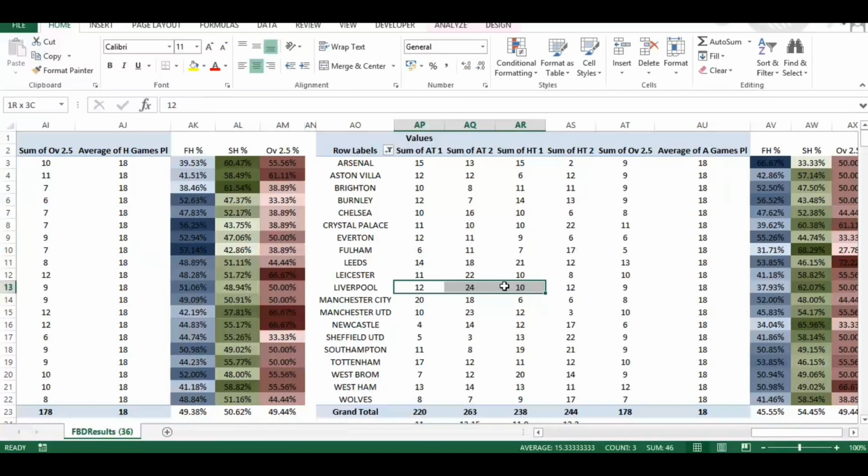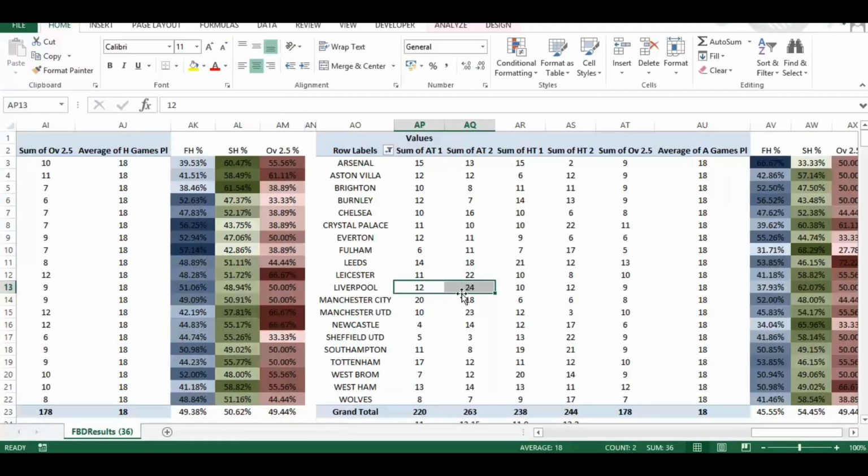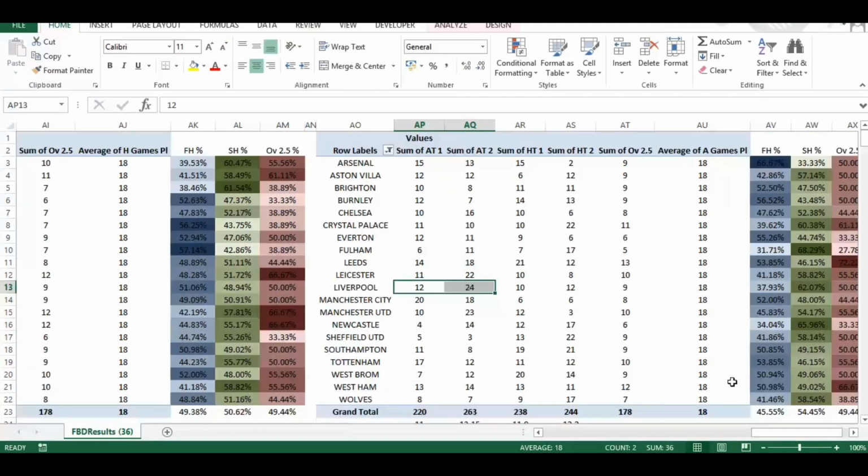And you can see that in terms of goals scored, they're slightly above average in the first half, but hugely above average in the second half. So double the amount of goals scored in the second half than they have in the first half away from home. And you can see here as the away teams, there's actually a 10% swing between the two,